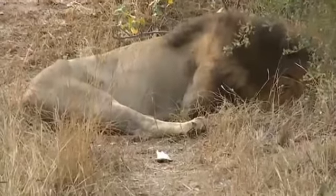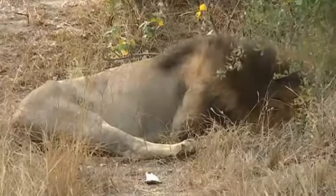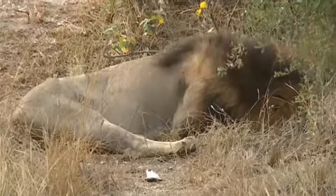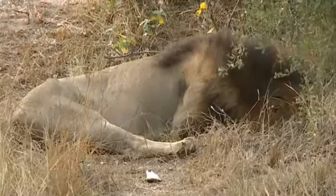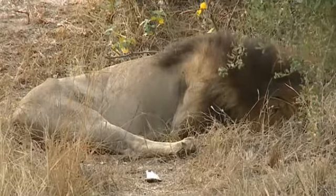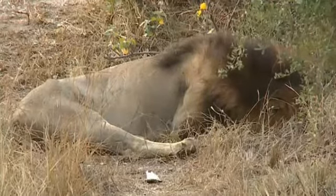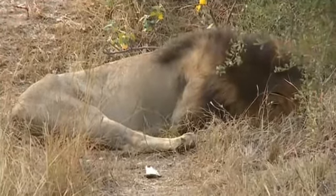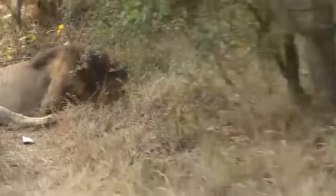There was a lioness beyond this male earlier, but I can't seem to see her now. She was tucked into the vegetation, so could simply be hidden in some thick bush that we cannot see. But then the male over to our right has also moved, and we'll just show you he's moved a considerable distance relative to the one on the left. He was lying up